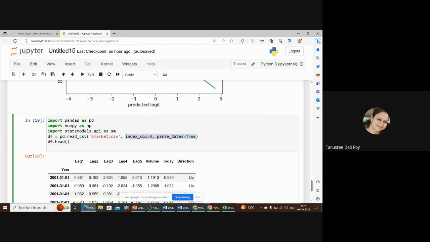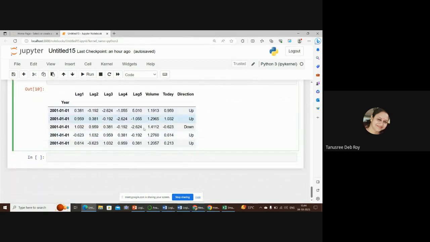What are trading days? For each date, the percentage returns for each trading date are given. You can see here the percentage returns for each trading date. Also given is the volume, in billions, of shares traded on the previous day of trading. Previous day, because lag 1 is the previous day, and for lag 3, lag 2 is the previous day. And what is the variable Today? The variable Today is the percentage return on the given date, and Direction is the variable